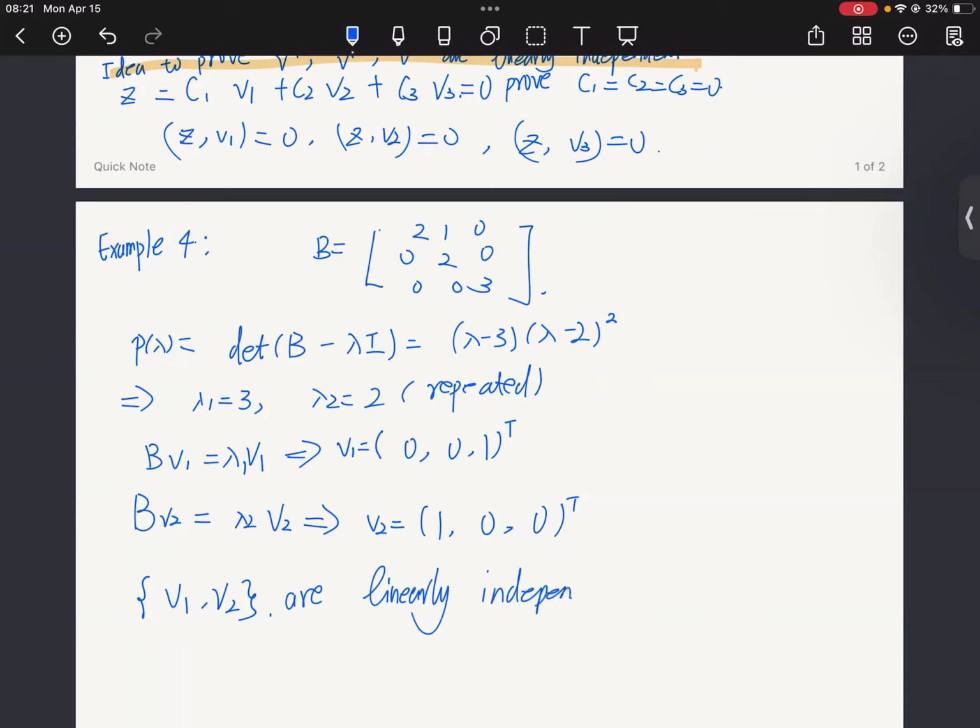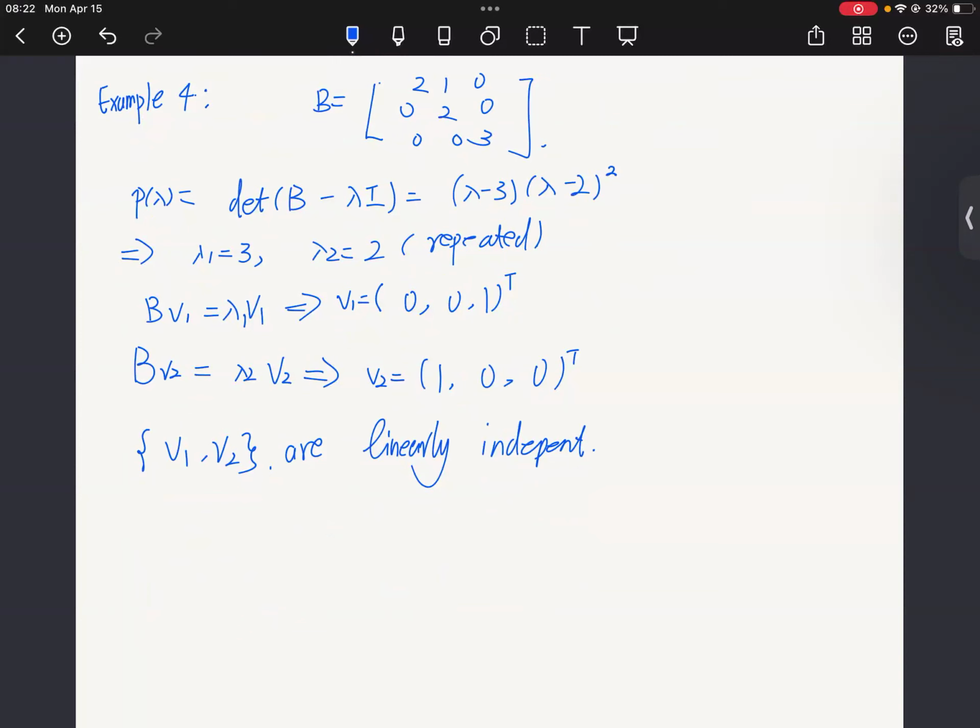This is quite obvious because you cannot use any linear combination of v1 to represent v2, and conversely you cannot represent v1 with linear combinations of v2. But we cannot use this set of vectors as the basis of R3